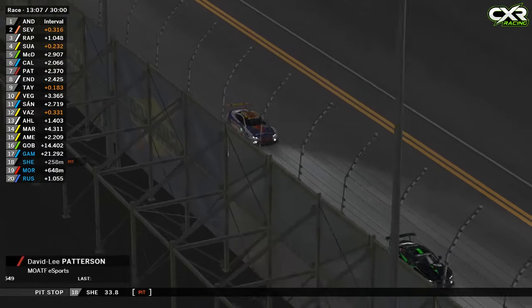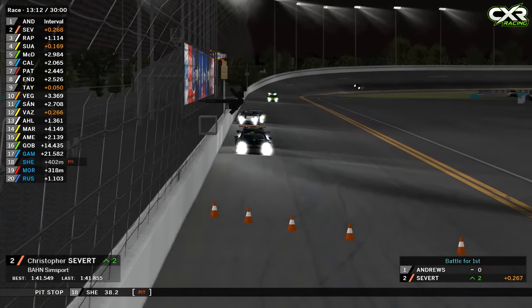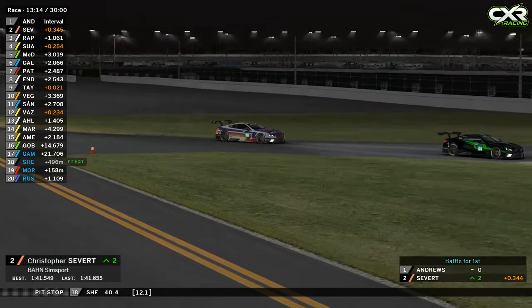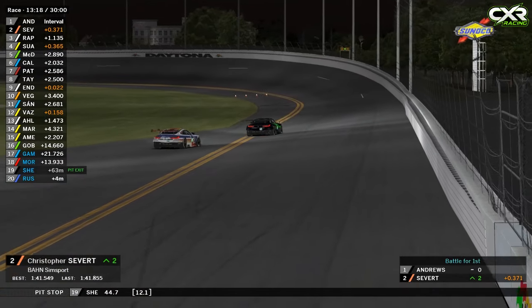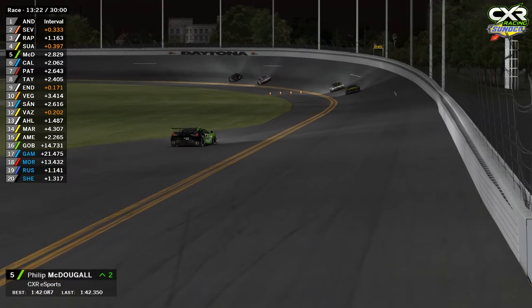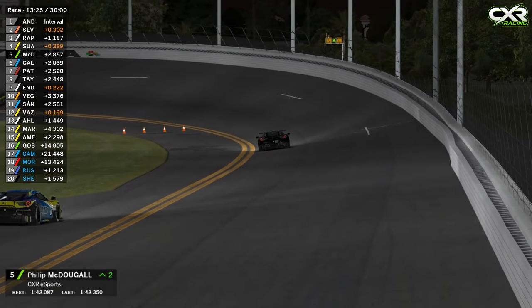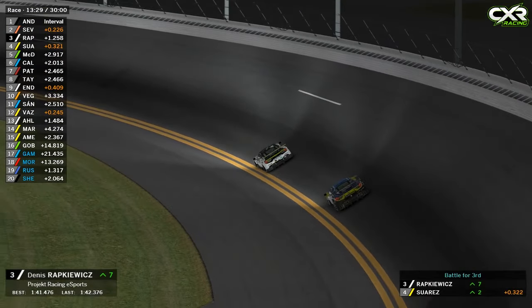I won't give anything away, but yeah, the second race was more mine. I have to see whether I can find the bit that I'm talking about, but